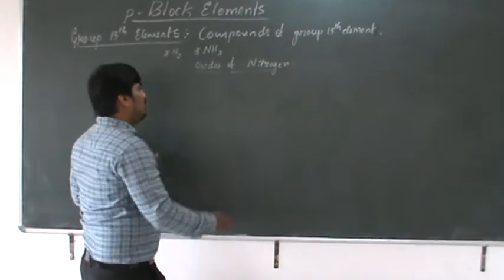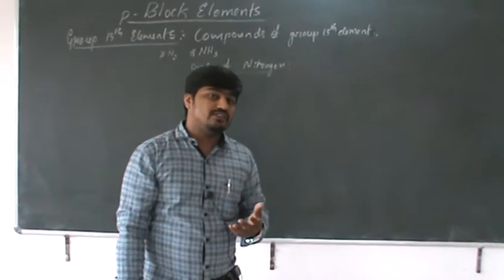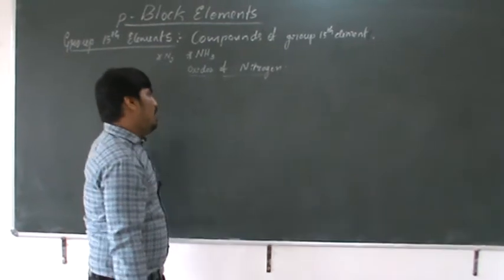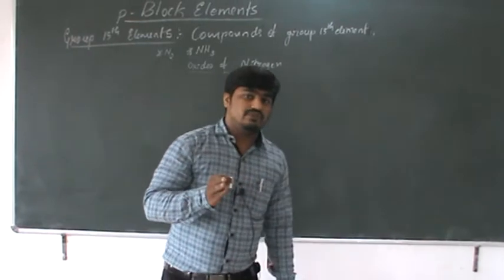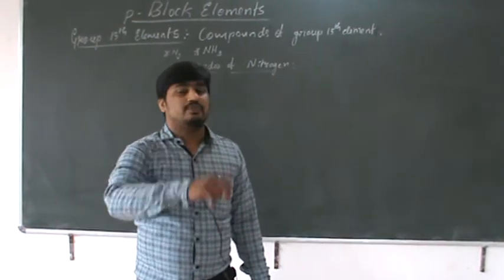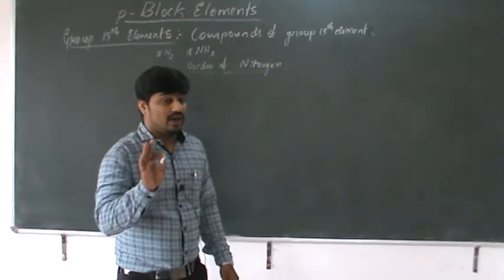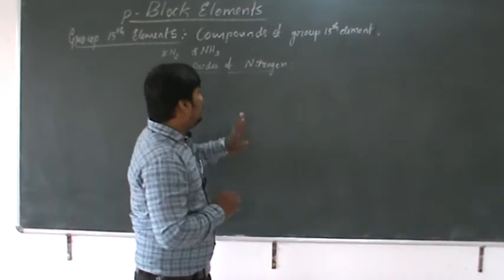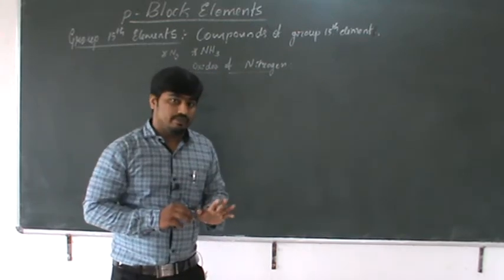There are several oxides of nitrogen. The reason for several oxides of nitrogen is the multiple oxidation states of nitrogen. Nitrogen shows +1, +2, +3, +4, +5 oxidation states. It shows the +5 oxidation state, but the covalence is only 4, maximum up to 4. So, the oxides of nitrogen.